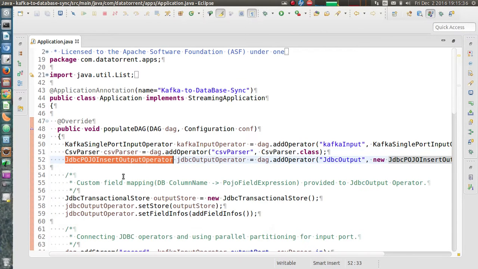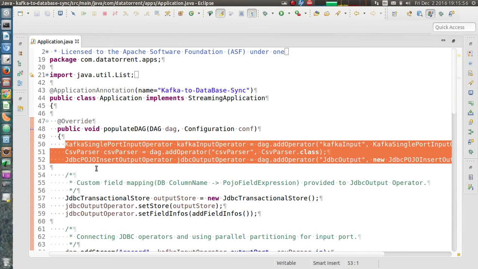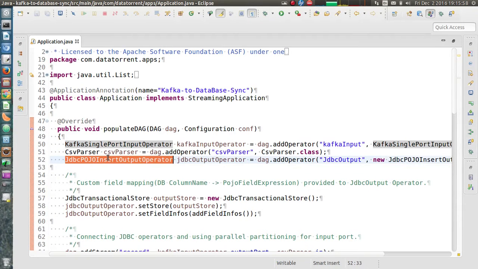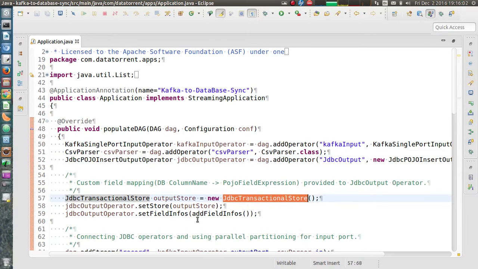And then we have a JDBC POJO insert output operator, which will insert the Java objects into the database over JDBC. So basically the pipeline consists of these three operators. For the JDBC output operator, we also need something called a store.